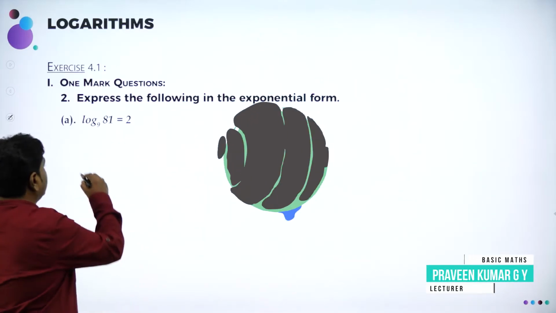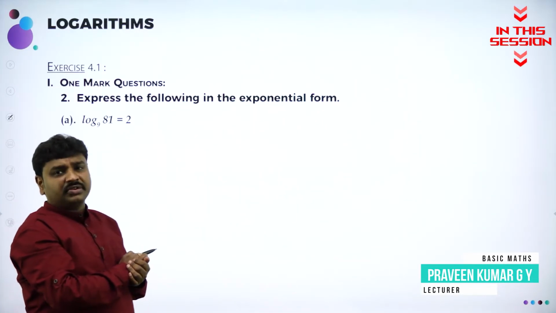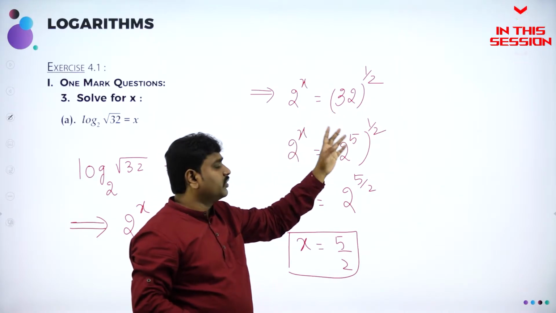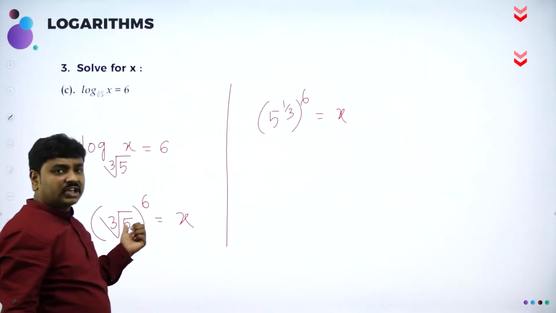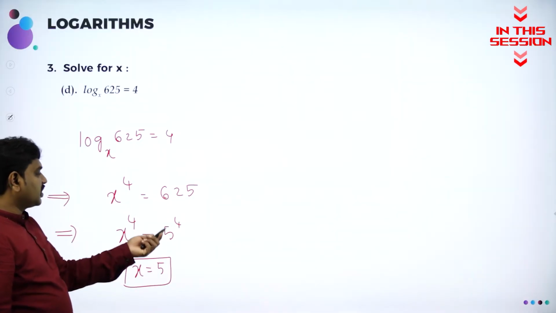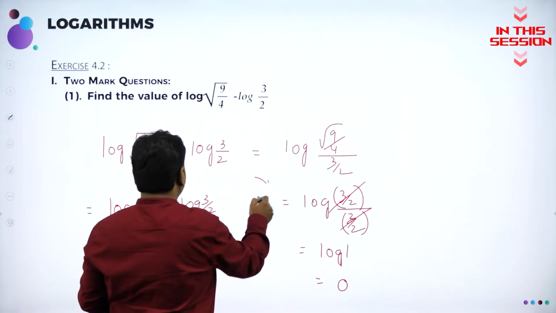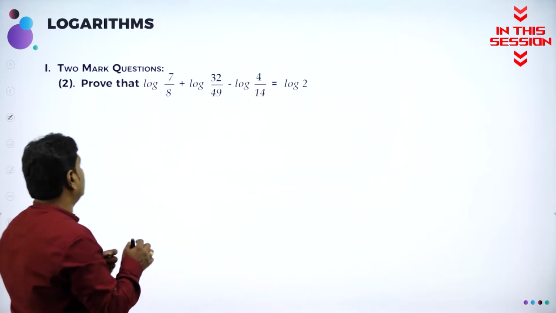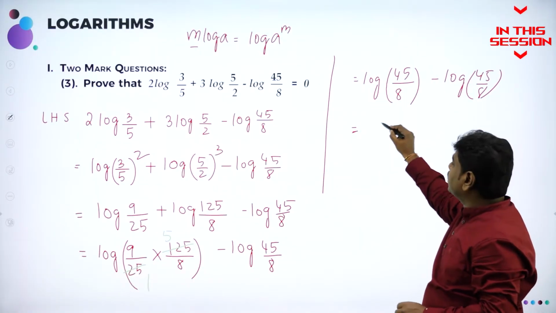So now, any logarithm can be written in terms of exponential. Now I want to write 32 in terms of 2. 2 power 5, 2 2s are 4. Cube root of 5 can be written as 5 power 1 by 3. X power 4 is 625, means 625 can be written as 5 power 4. So in the place of x I have log 1 value is 0. This is an alternate method or direct method. Log a plus log b can be written as log a into b. All the formulae we use. These two are like terms. Like terms, if you subtract, you will get 0.